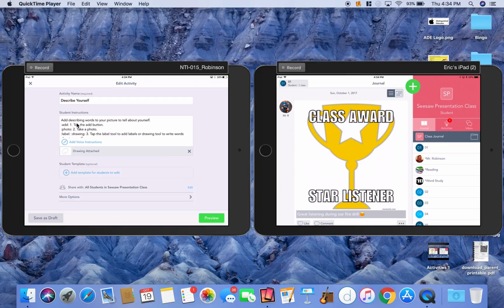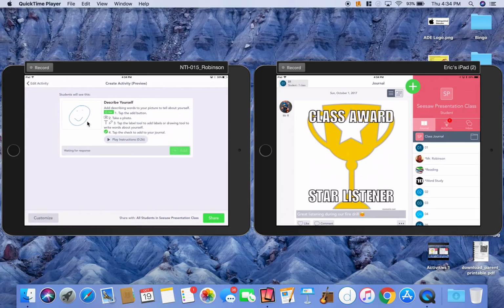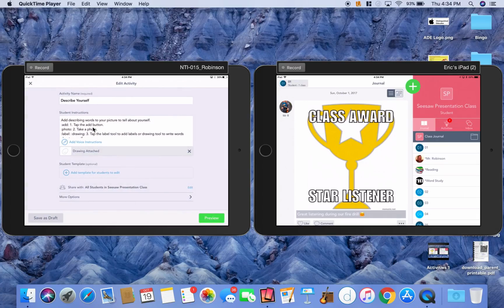One other neat thing in here, if you look at the preview, do you see how there's these little, like the Seesaw add button, the camera, the text tool, the drawing tool, the check mark? If you want to add those in there, you can see how to do that right here. If you do colon, add, colon, that is the plus button. The colon, photo, colon, that would be the little picture of the camera. Colon, label, colon would be